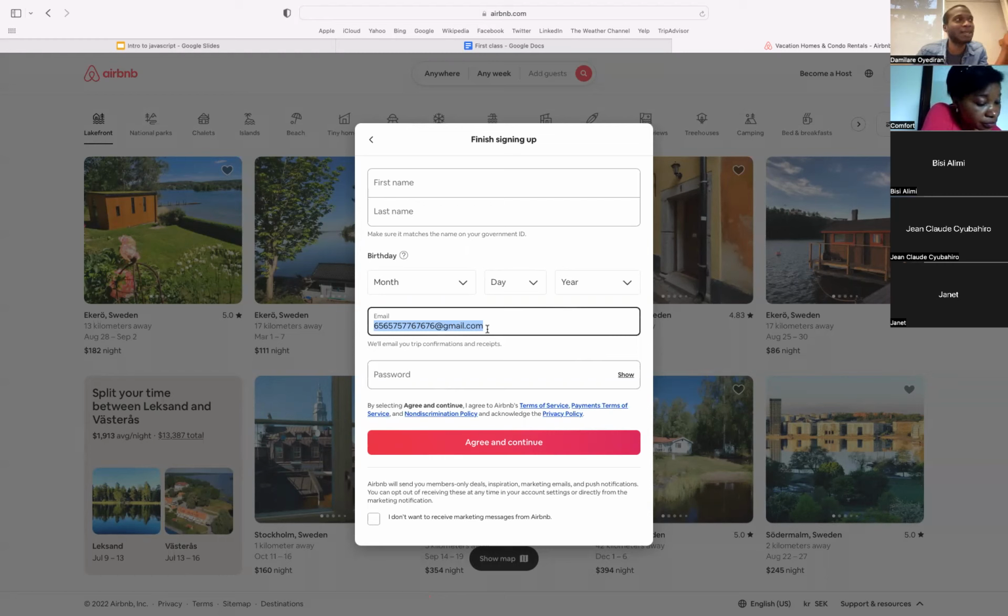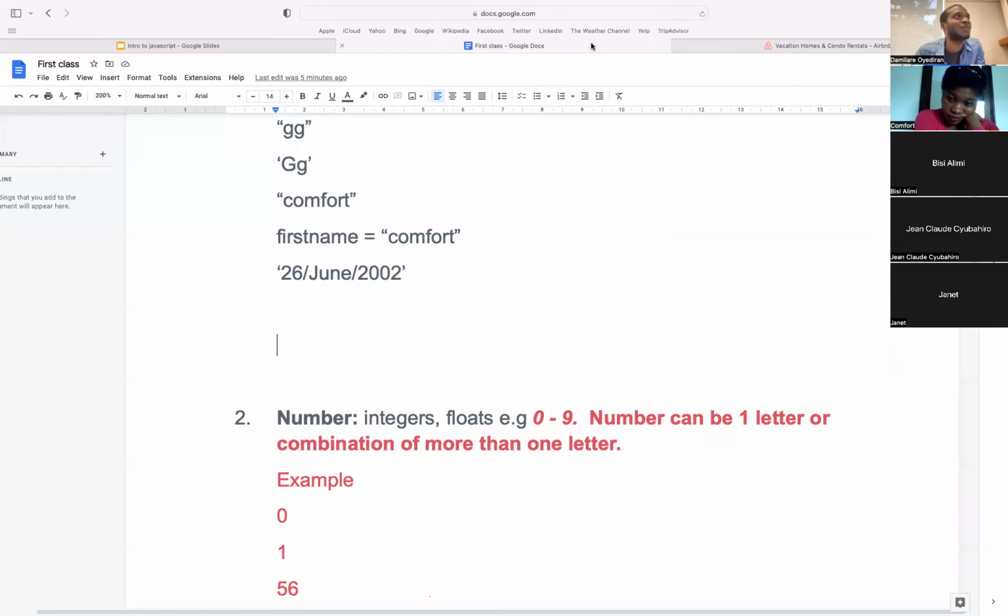So for example, let's say we enter this email and it's saved directly to their database. And if they click at the back, when they are setting up the database, they click it to be of data type string. If anyone wants to work on it, there are some operations that they can do that are only limited to string, that are not limited to number. A good example is